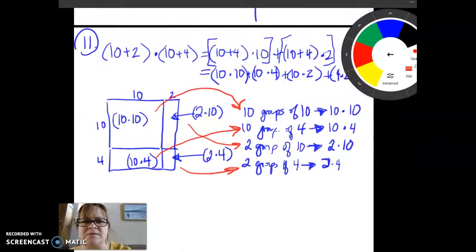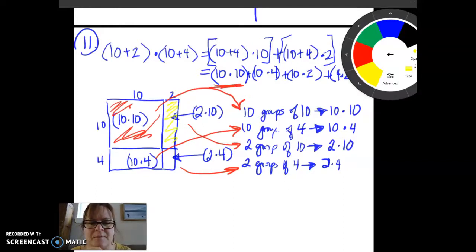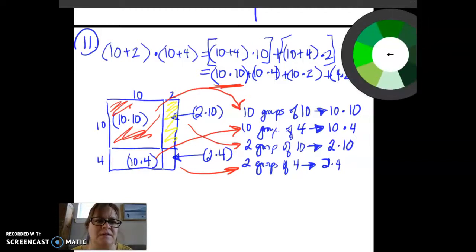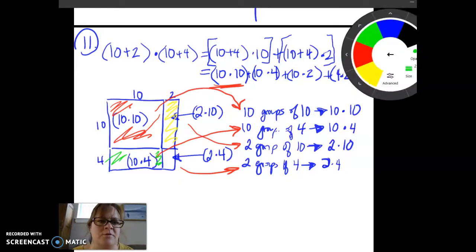So 10 plus 2 times 10 plus 4 is our 12 times 14. And I'm hoping that this illustration and how I use the arrows here will help you understand that. So when we have a 10 plus 2 times a 10 plus 4, we have a section here that's 10 times 10. That's one of our partial products. We also have a section that is 10 times 2, another of our partial products. We have a section that is 10 times 4, our third partial product. And of course, we're going to have a fourth partial product,